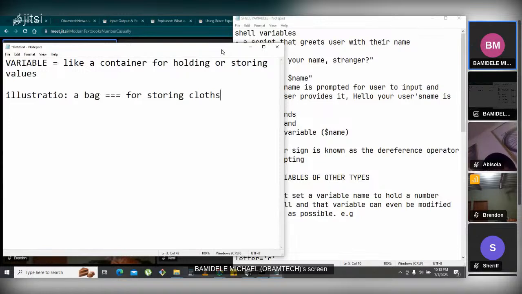Now, do you know that we can actually change the value of this bag? We can use it to store probably books. So what matters here is that variables are just like identifiers,